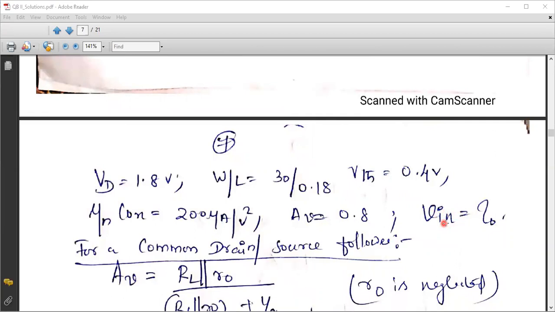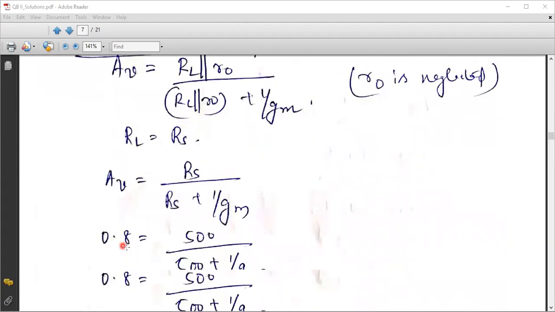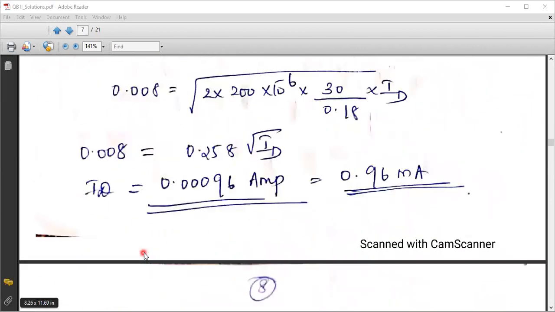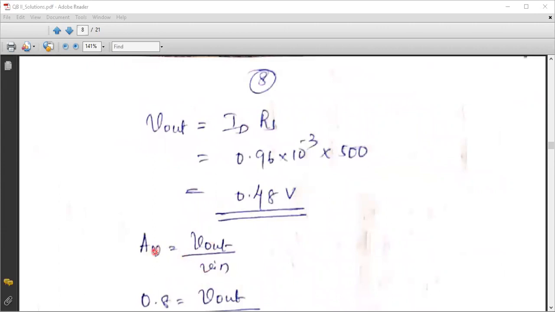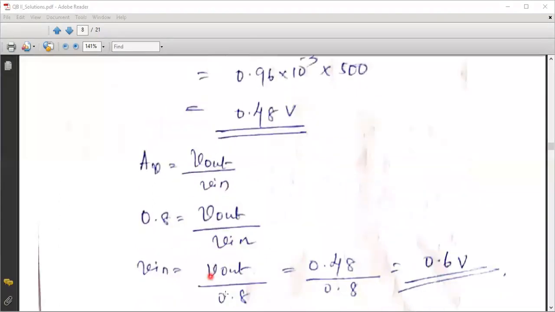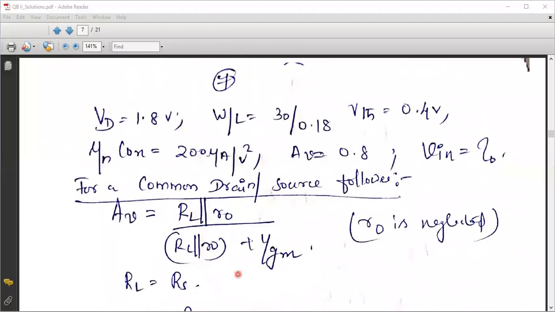So this input voltage can be found by finding the output voltage and gain. That concept you should understand, right? Input voltage can be found only if you know the gain of the amplifier as well as the output voltage. Then by simply using the concept that voltage gain is equal to V out by V in, you will be able to solve V in. Okay. So you can try it today and let me know the answers tomorrow.